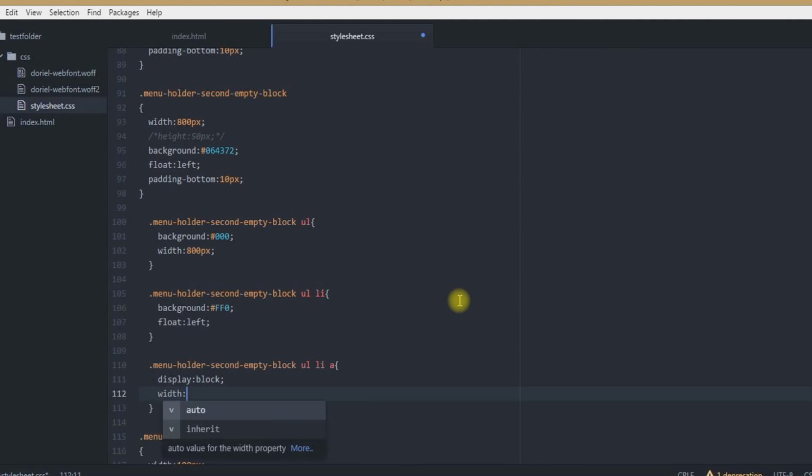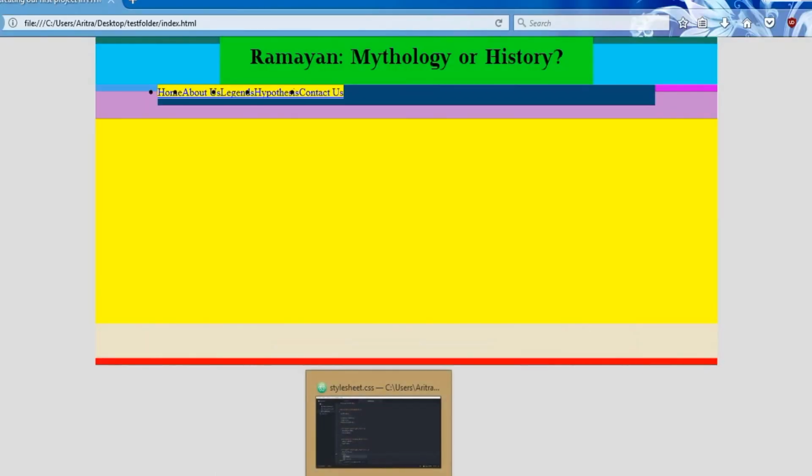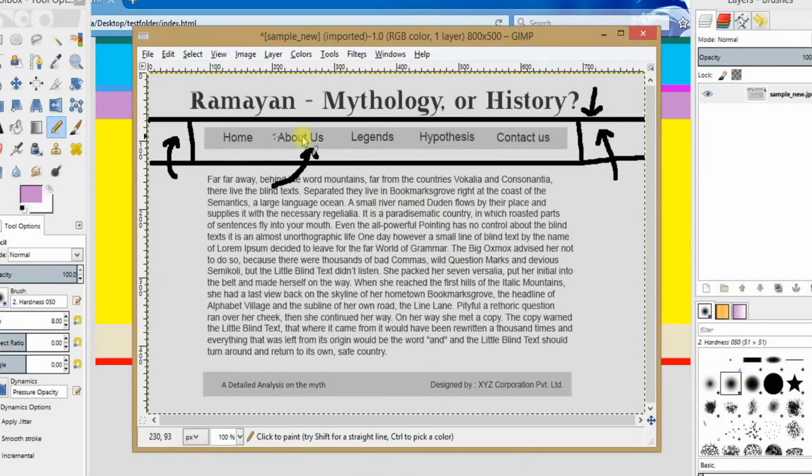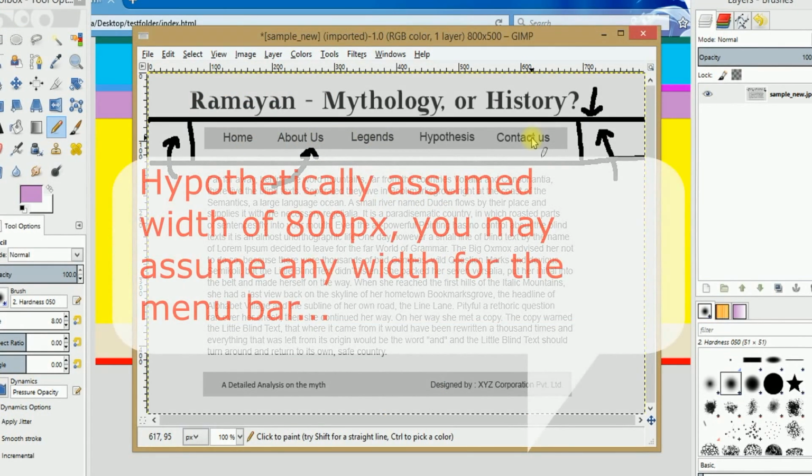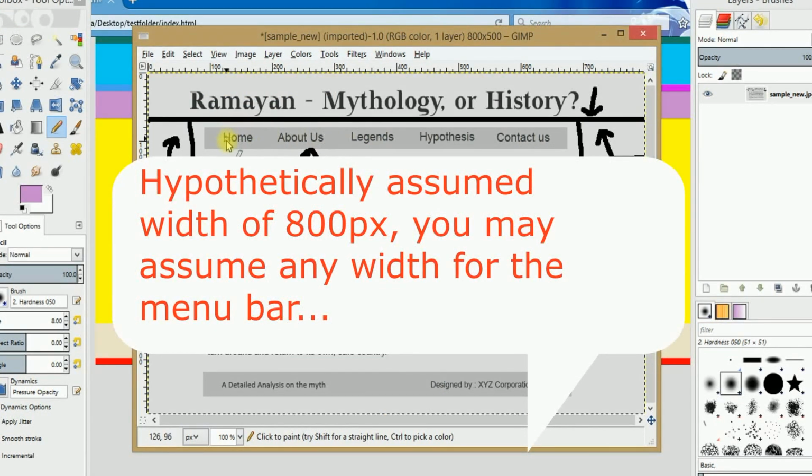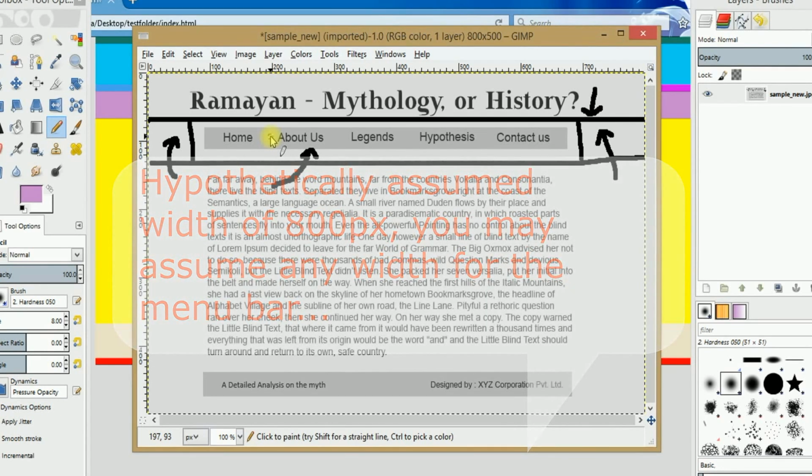Now the matter is, here you have provided 5 list items, right? And in turn these 5 list items are occupying a total width of 800 pixels, right? So each list item should be occupying a total width of 160 pixels each.